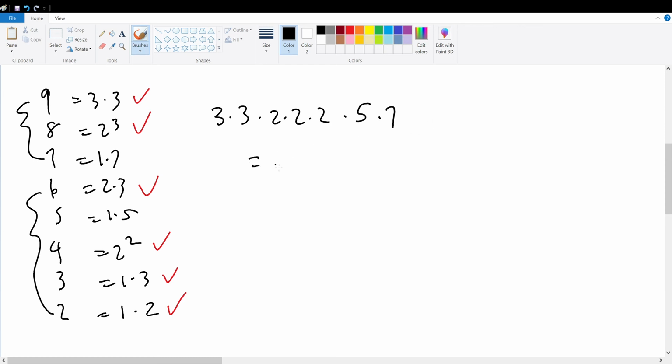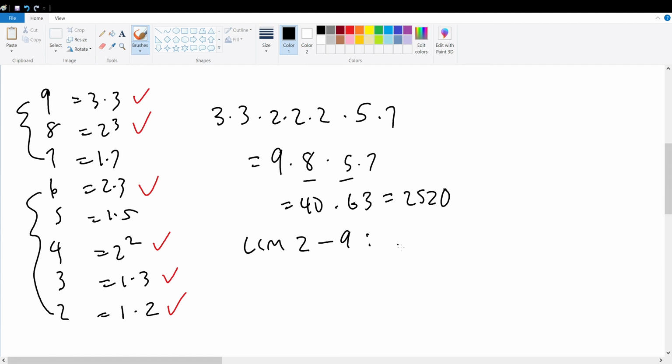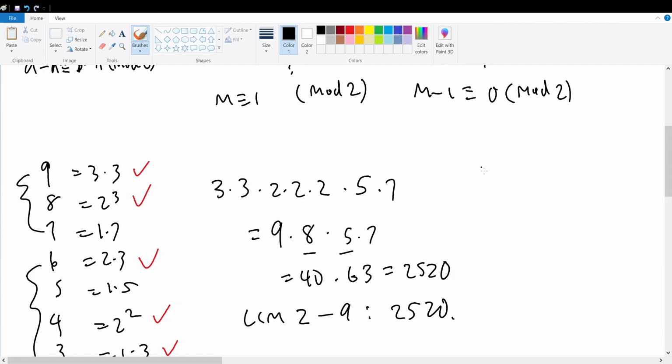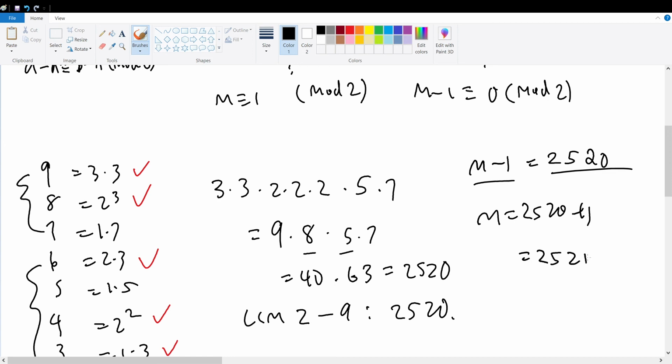And multiplying this out, we get 3 times 3 to be 9, 2 cubed to be equal to 8, times 5 times 7. 8 times 5 is 40. 7 times 9 is 63. This is equal to 2,520. So the least common multiple of the integers between 2 to 9 is 2,520. Hence, n minus 1 must be equal to 2,520, since 2,520 is the LCM that can be divisible by each integer. Hence, n must be equal to 2,520 plus 1, which is 2,521,